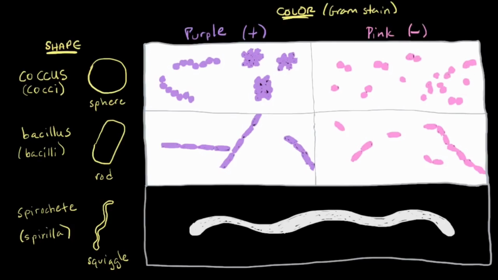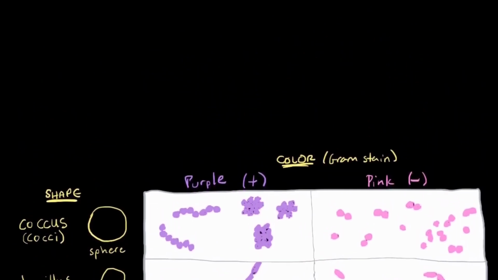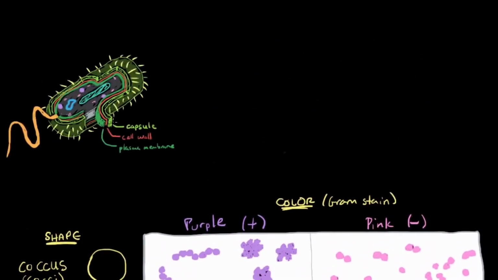So we are going to take a closer look at this color. This might look familiar to you, but this is just a general bacterial structure that we have gone over before. Again, because that stain is only on the external layer of the bacteria, pay attention to just the external layer.